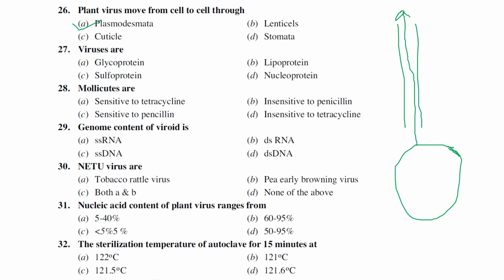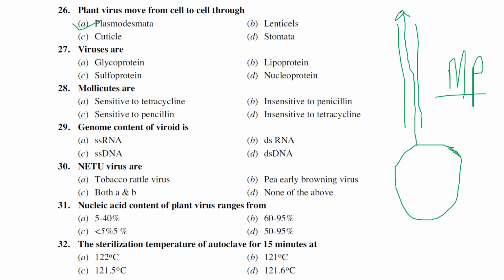Then you can ask why it needs to move through only plasmodesmata. Because one cell is easily connected to another cell by plasmodesmata. Otherwise, to infect another cell, it would need to come out and again enter the plant cells through the pinocytosis process, which is difficult. So plasmodesmata are the connections that easily link adjacent cells. Through plasmodesmata the virus can easily move from one cell to another, even though it is bigger than the plasmodesmata, because it produces a protein called movement protein. This movement protein helps it move from cell to cell.